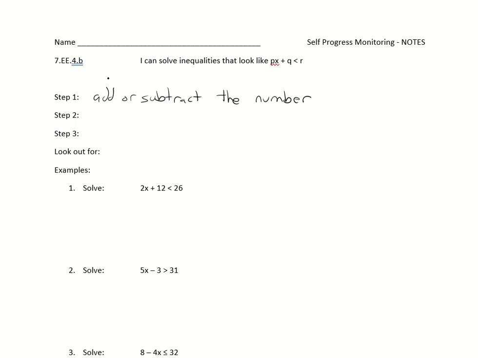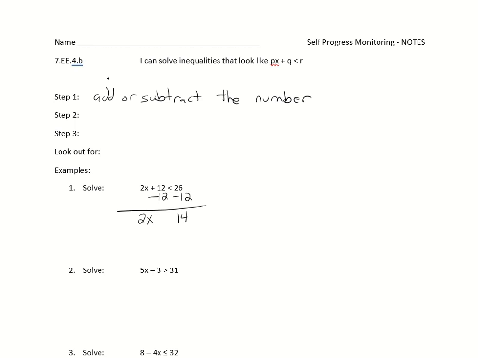As I look down here at the 2x plus 12 is less than 26, this 12 that's by itself is the one I'd like to do. And how I'm going to decide if I'm adding or subtracting is I'm just going to do the opposite of what's written there. So this plus 12, I'm going to do the opposite and minus 12 on both sides. So I'll bring down the 2x, the 12 minus 12 is gone, and 26 minus 12